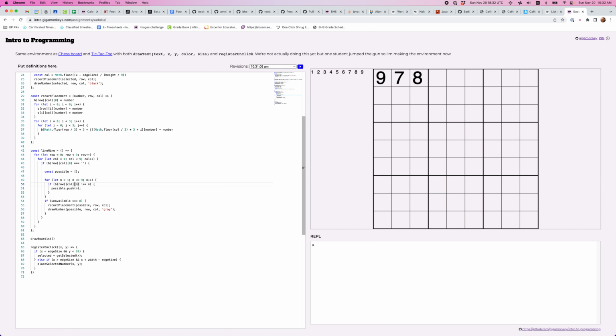So when it's not forbidden, it's possible. And then here, if possible length is 1, if there's only one possibility, then we stick that one in. Logically, not all that different,